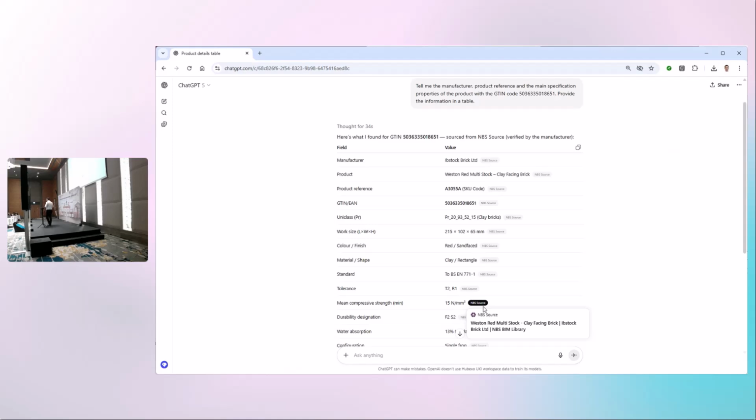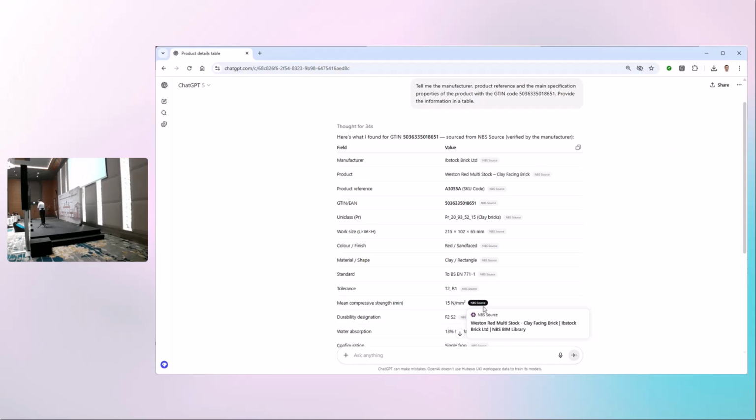For example, in ChatGPT, as an example, if you read the prompt, we just put the unique ID in ChatGPT and said, just find the information. And because information on NBS Source is publicly available, ChatGPT or any AI can retrieve the information based on that unique ID and list all the information.